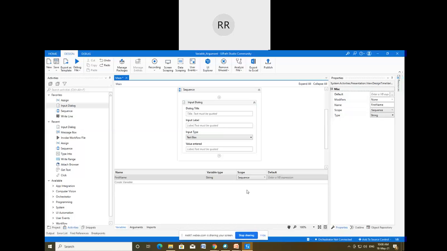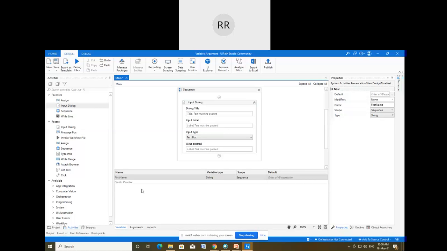One more thing, if you forget to give that variable type, then the default type will be the string variable. The default type assigned by UiPath Studio itself is the string variable, but we have to be cautious while giving the name, type, and scope, otherwise we are going to get the error.